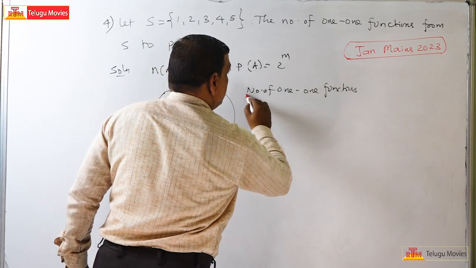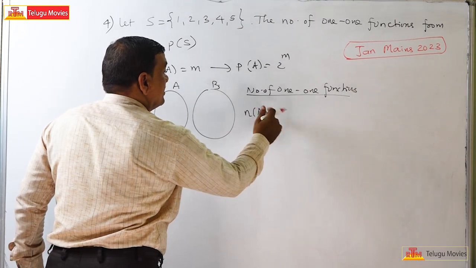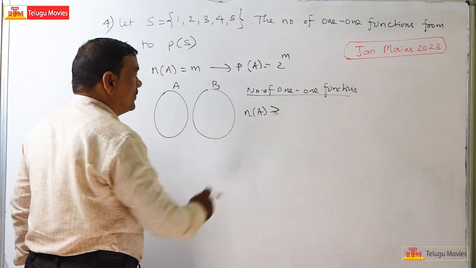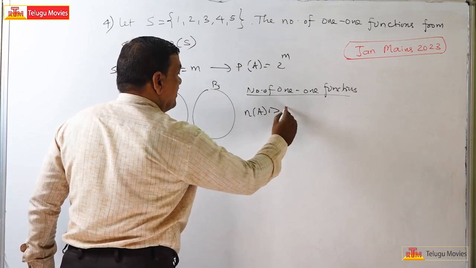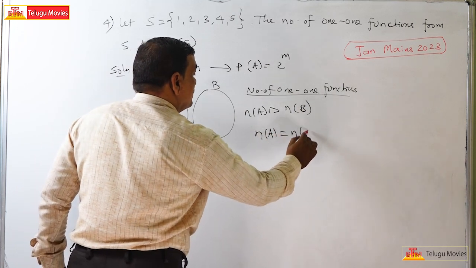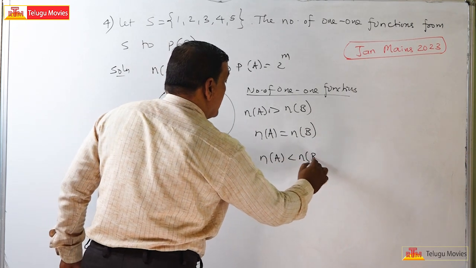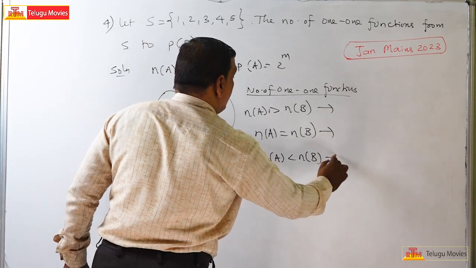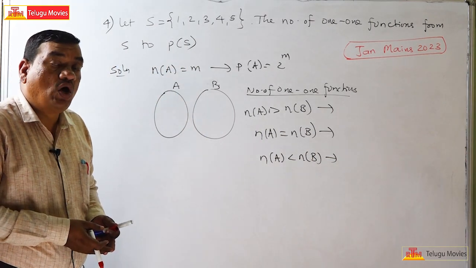Here 3 cases arise. What is the first one? N of A is greater than N of B. Second one, N of A is equal to N of B. Third one, N of A is less than N of B. Then the number of one-one functions. If N of A is greater than N of B,